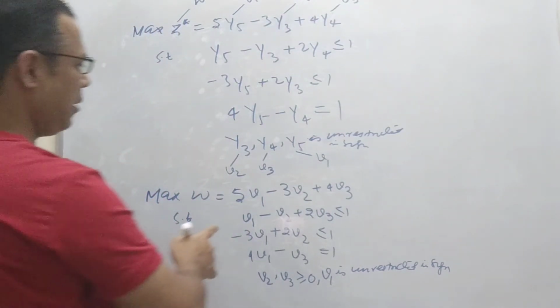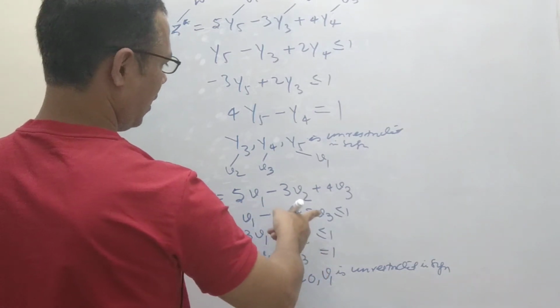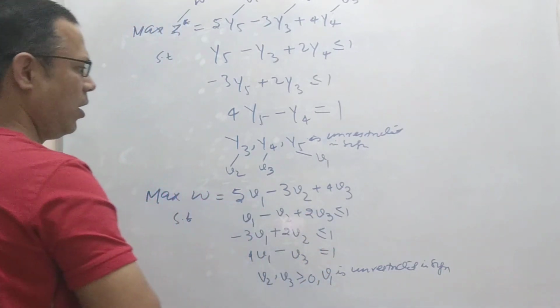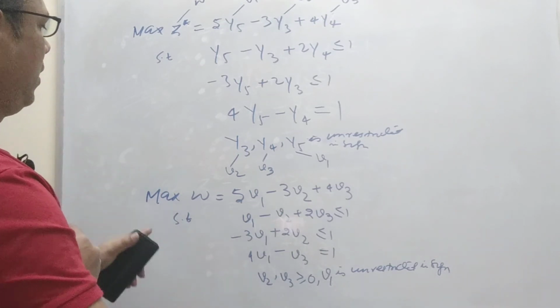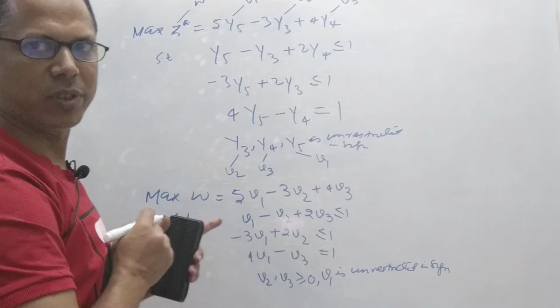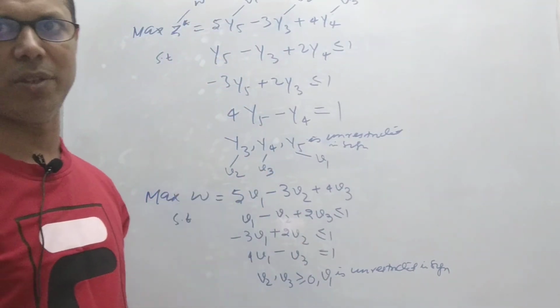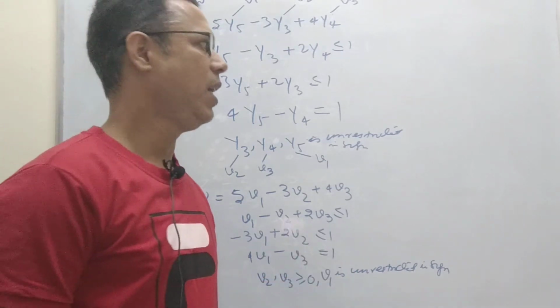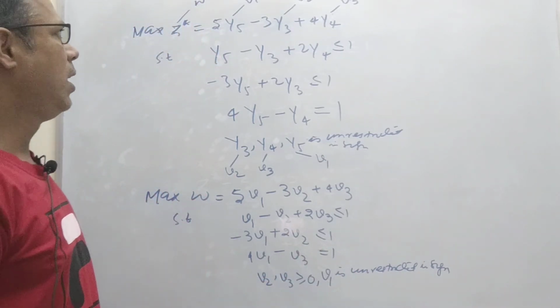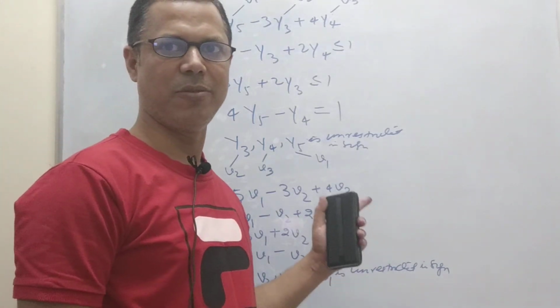So now how many constraints are here? There are 3 constraints and 3 variables. So now we can say this is the dual of the given primal. This is the procedure we can apply to solve the problem. If a problem is given in the form of a primal, then we can proceed in this way and get the solution. I think you have got the concept, and it's very easy.